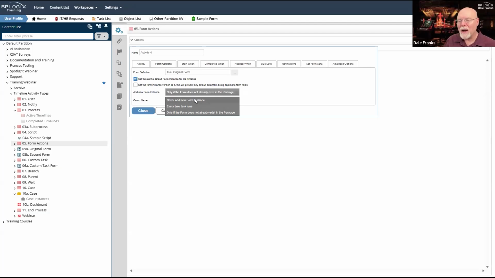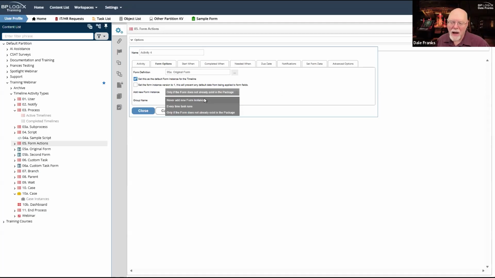The only time where you would do this is if you are absolutely positively sure that the form instance you're invoking in that activity already exists in the process timeline. If it doesn't, then your process timeline is going to go into an error state, because you are saying, I want form X to be used in this process timeline.